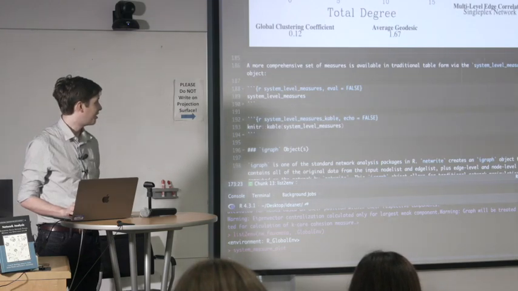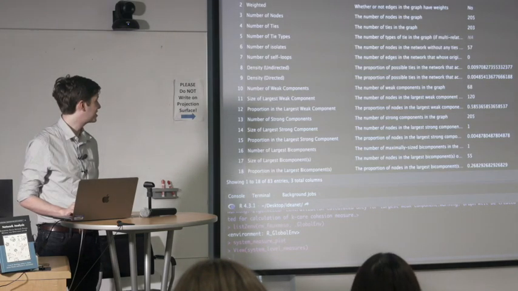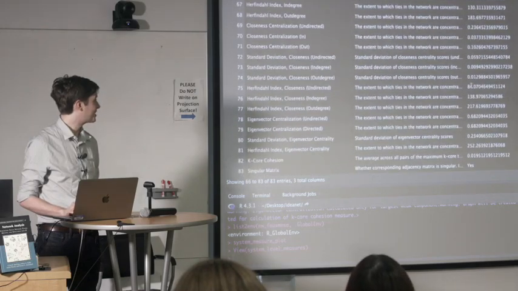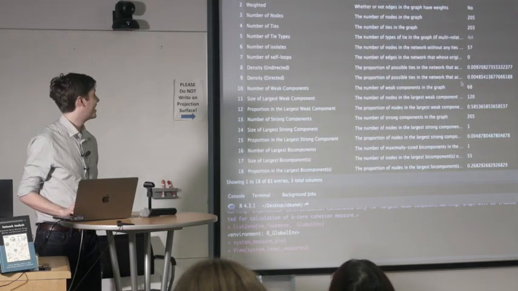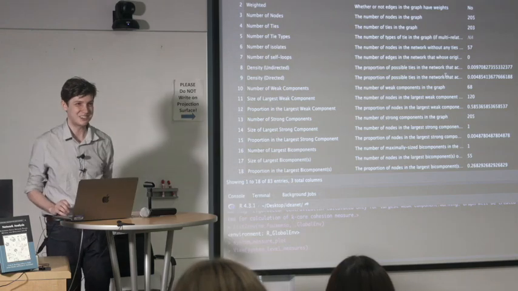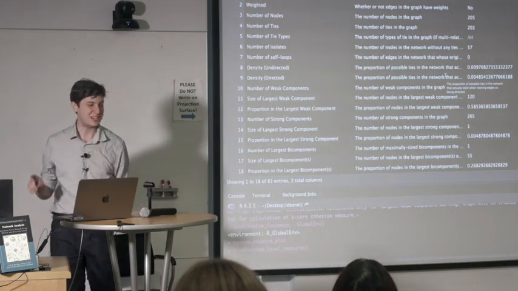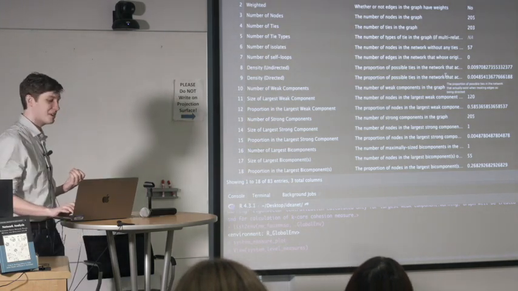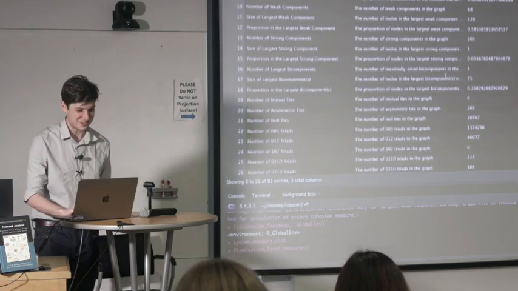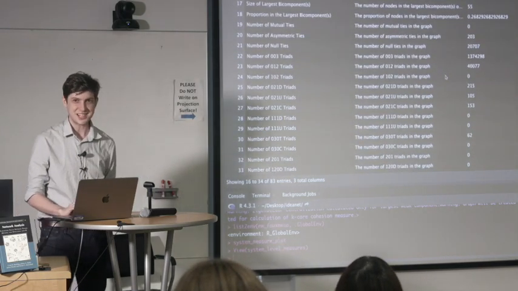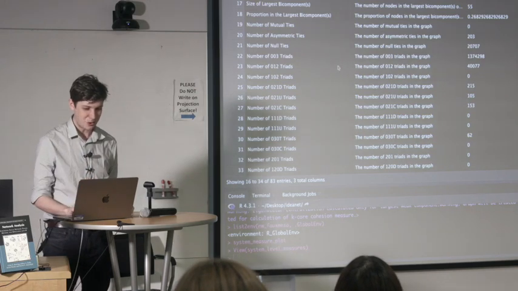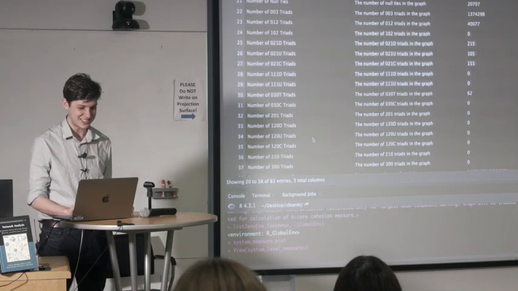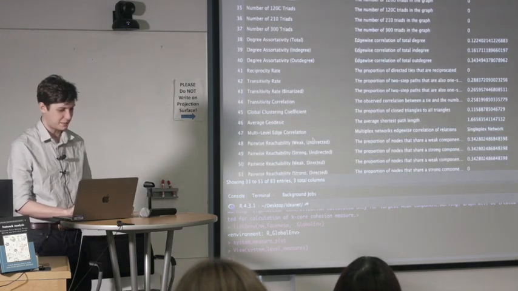Luckily, we have a whole data frame here called system level measures, and we tried to be as thorough as possible. This is going to tell you whether or not the graph is directed, how many isolates are in there, and the number of components as defined by certain conditions. As Jim said, he loves triads, so we've got the whole number of different types of triads in there. We call it the triad census. We have